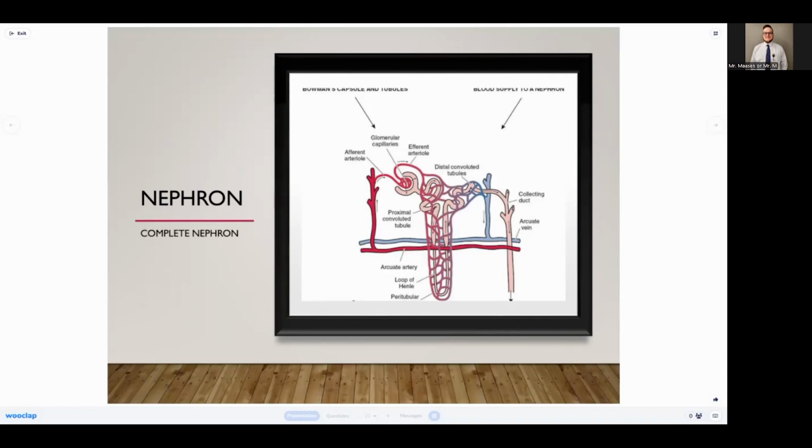Again, looking at that, the renal corpuscle is just this section here. Right here, basically. And then you're going to have things like the renal tubules that extend here, basically. So you'll have your proximal convoluted tubule, loop of Henle, distal convoluted tubule, and then multiple or one collecting duct